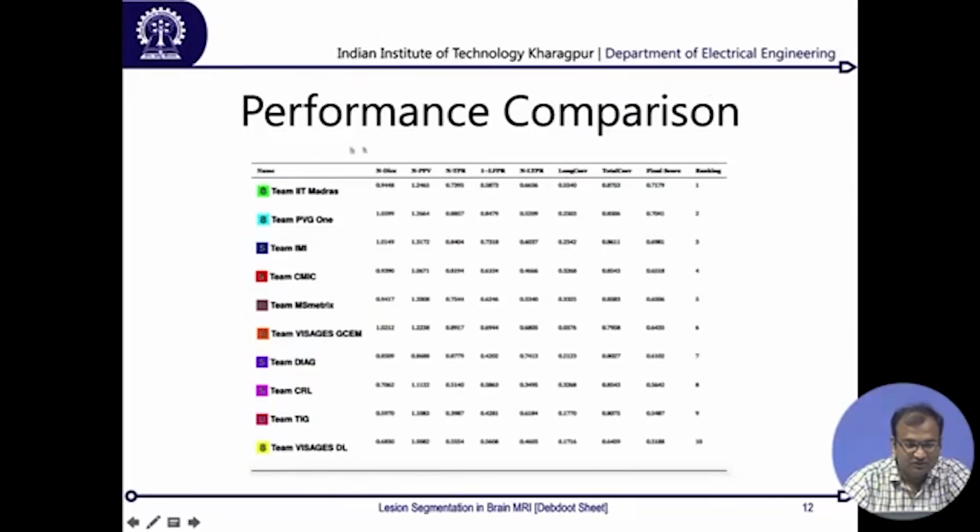Now, maybe a consistent performer is always getting a rank of 3 or 4, but that method never gets a rank of 1. Other methods may sometimes get a rank of 1, but in most cases might get a worse rank. Now if you take a total summation or say a multiplication of all of these ranks, then the one which is consistently performing on the higher side is the one which is going to get the lowest sum or the least product, and this is the measure which they used in order to rank them in total. And what was found is that the contribution by this team at IIT Madras, who were